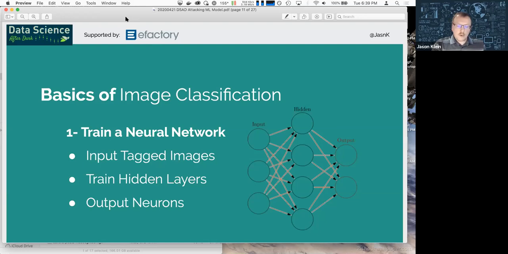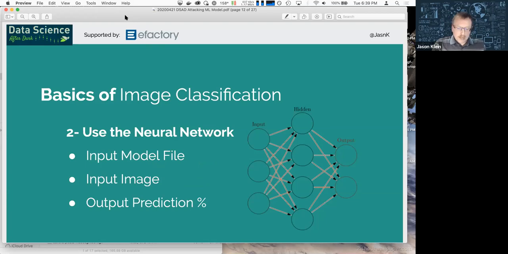With newer models where you have potentially thousands of outputs, it's a little bit more sophisticated. But once you've trained that network and you go to use the neural network, that's pretty simple. You input that model file, you input your image, and it outputs a prediction. And I'll demonstrate that as part of the demo. So if I forget to do that, be sure to remind me.